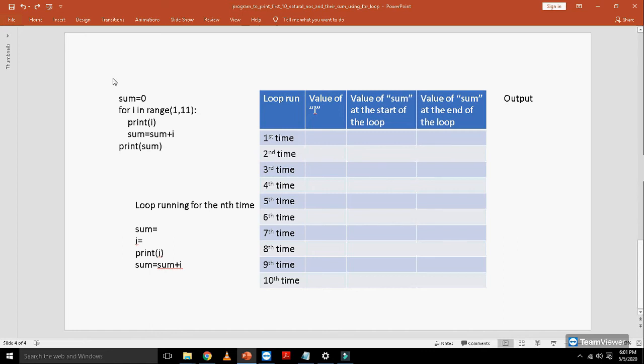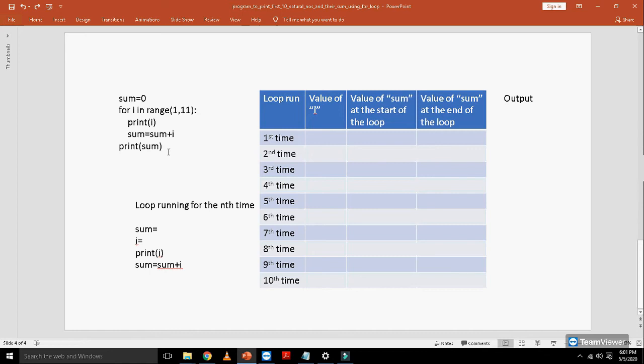At the top left we have the program code. Just below the program code on the left we are keeping a track of the values of the variables sum and i at the start of the current iteration, and we will see how the loop progresses. The only value that is getting updated inside this for loop is the value of the variable sum because of the statement sum = sum + i.